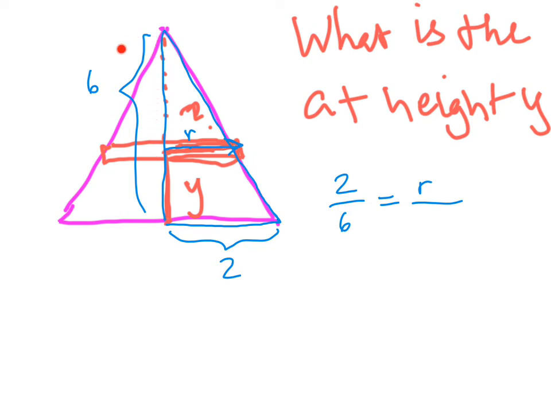I know the entire height of the cone is 6 centimeters. I know that the height from here to here, by our definition, was y centimeters. So I think that makes that other height, the height of that triangle, 6 minus y. So I believe that's going to make the radius, I'm just going to solve that proportion by cross multiplying. 6 times r is going to equal 2 times 6 minus y. So that's going to give me 6r equals 12 minus 2y. And therefore r is, I think if I divide by 6, I get 2 minus